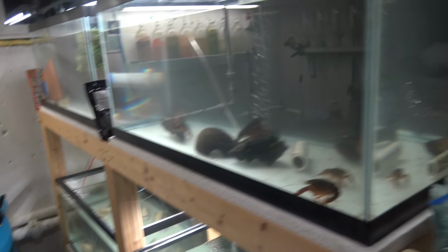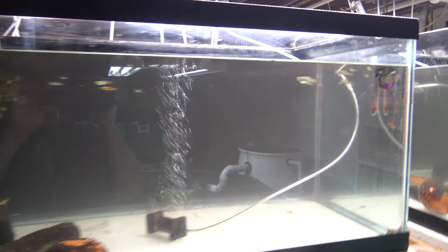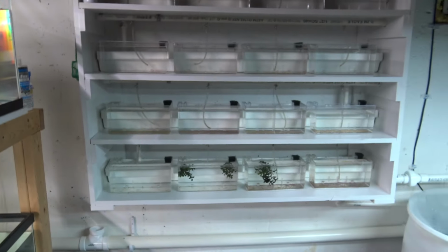But for the time being, that's what's going on over here. And if we go over to the other side, again, you'll see the water's hazy over here as well. I did put some Endlers in this tank, I don't know, 3 or 4 weeks ago. And I tried to find some males that were more of a higher red variety. So I do have 3 or 4 males in here that have a higher red pattern to them. So I might do a little bit of selective breeding with them. Might actually move them into these breeder boxes in a little bit, but for right now they're over here in